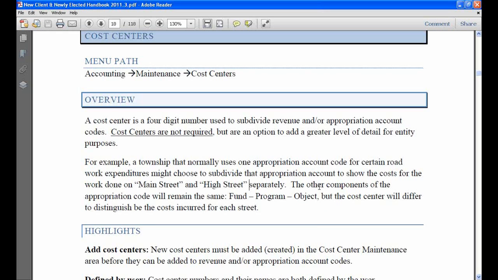They're not concerned with that. They're concerned with the fund, the program, and the object. So, for instance, if you budget $60,000 for Main Street and $40,000 for High Street, and use the exact same fund, program, and object, but add a different cost center to break it down for your board or council,